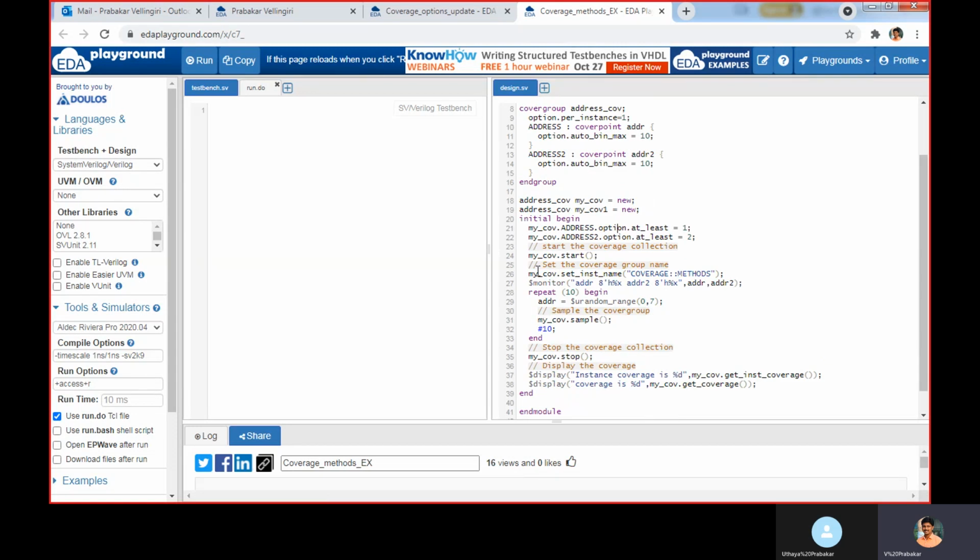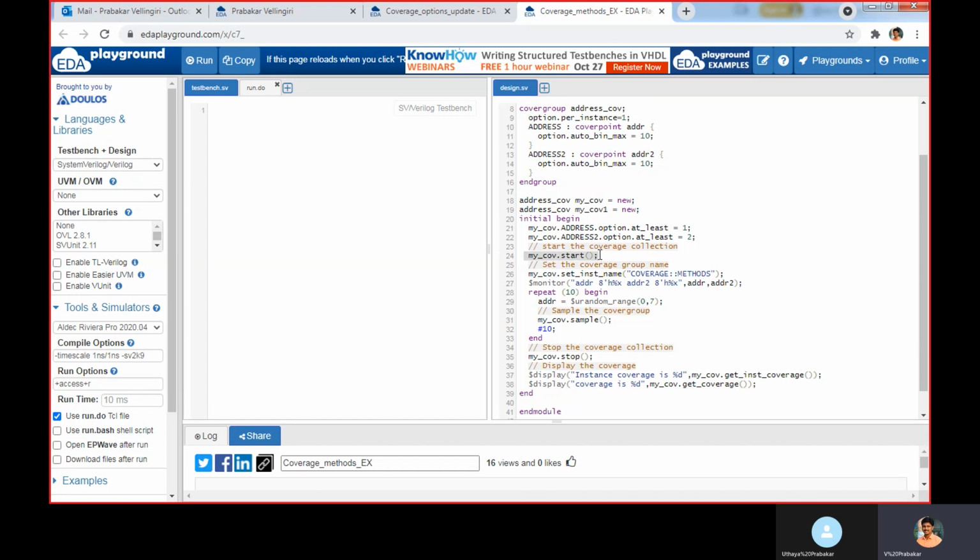Then here, mycov.start. I created 2 instances, but I want to do this coverage for only one instance, that is mycov.